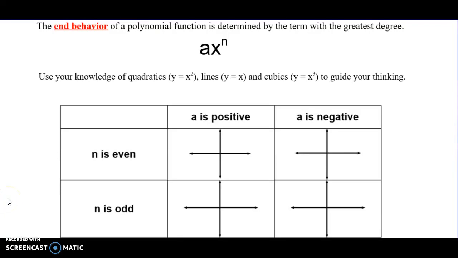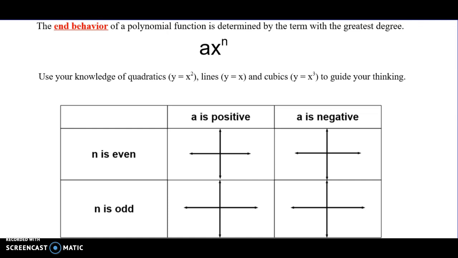All right, so today we're going to learn about end behavior of a polynomial. And like I said just a second ago, the only thing that matters is the leading coefficient. Okay, so we have a little chart here we're going to figure out. Hopefully we can kind of put all of this together. So starting off,